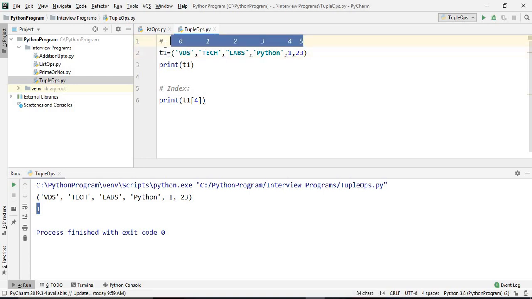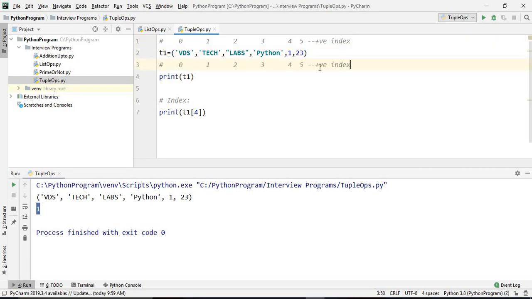Okay, this is the positive index. And if we talk about the negative index, here it is -1, -2, -3, -4, -5, and this is -6.